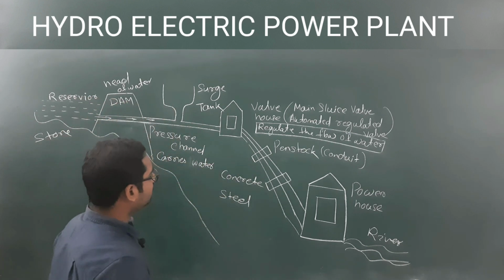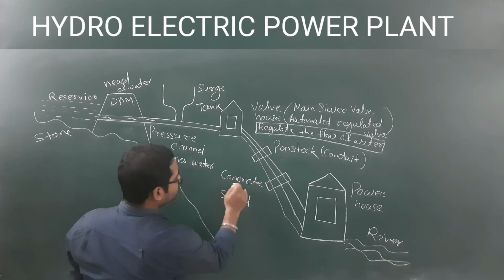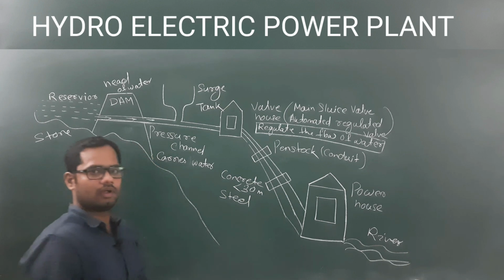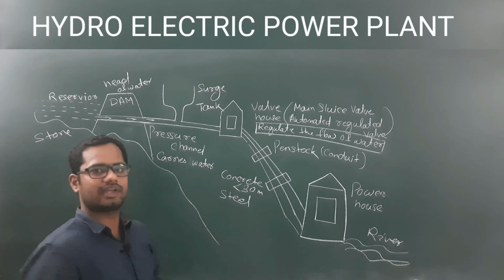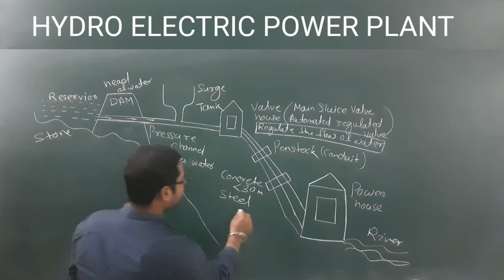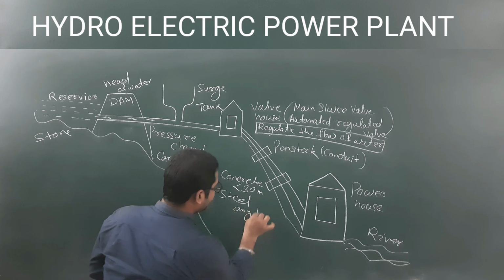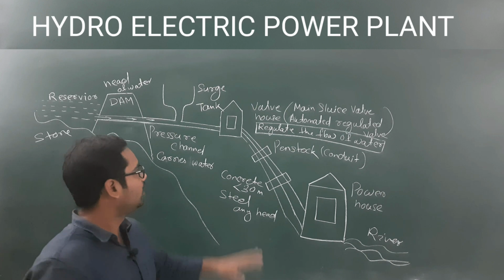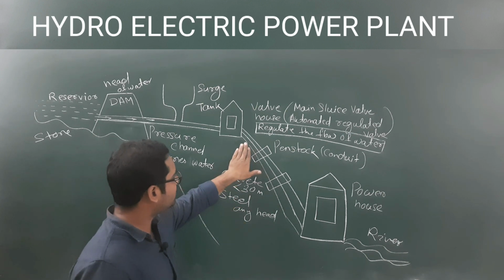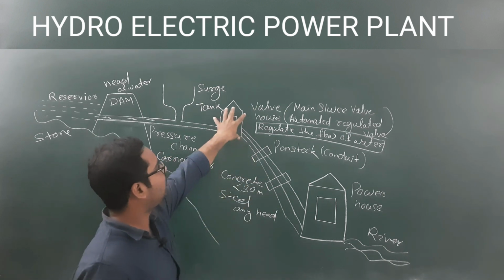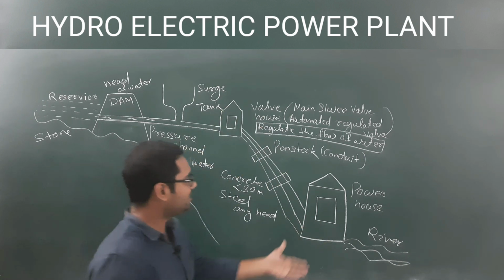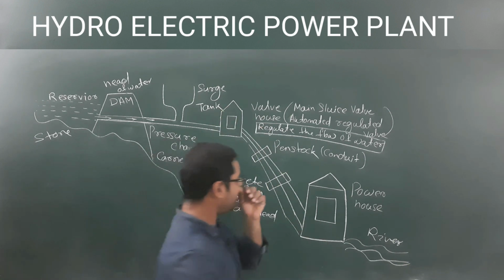For a high head, the concrete penstock is used below 30-meter height, and your steel penstock can be made for any height. For any head, you can use your steel penstock. The function of the penstock is only to carry the water from valve house to powerhouse. Okay, so in the powerhouse,